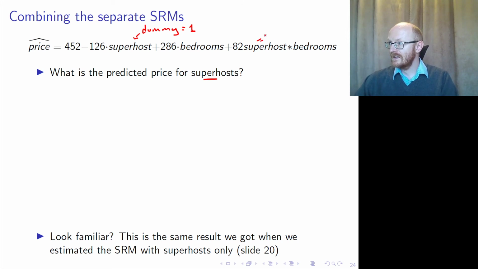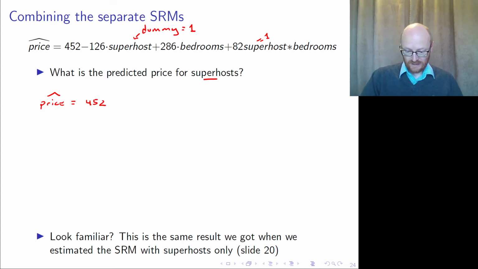And this is equal to 1. And what we are doing is that we are just setting price. The estimated price is 452 minus 126 times 1, okay,